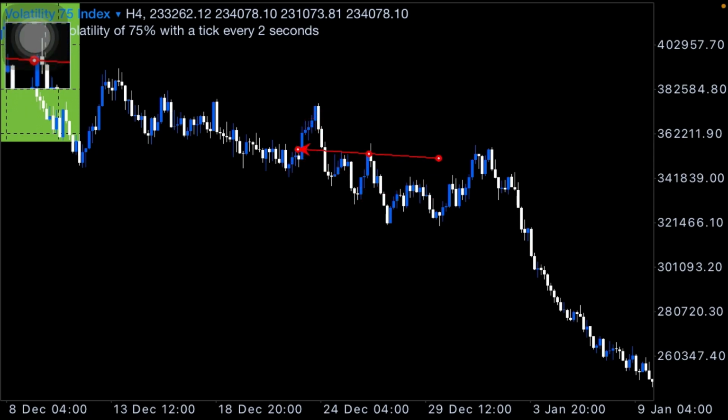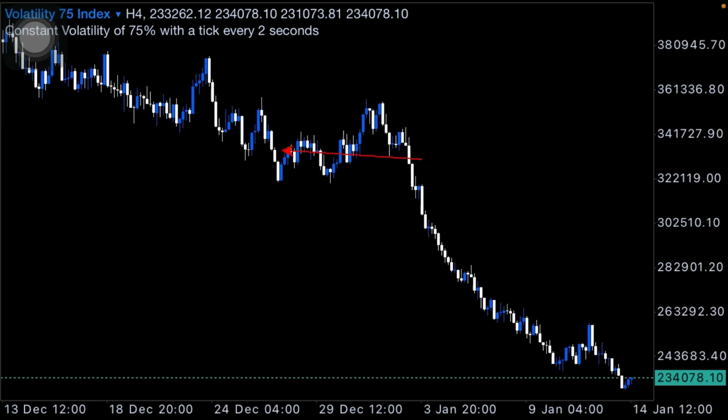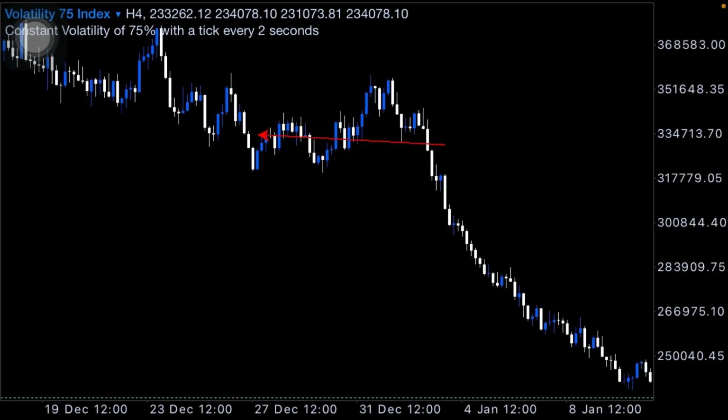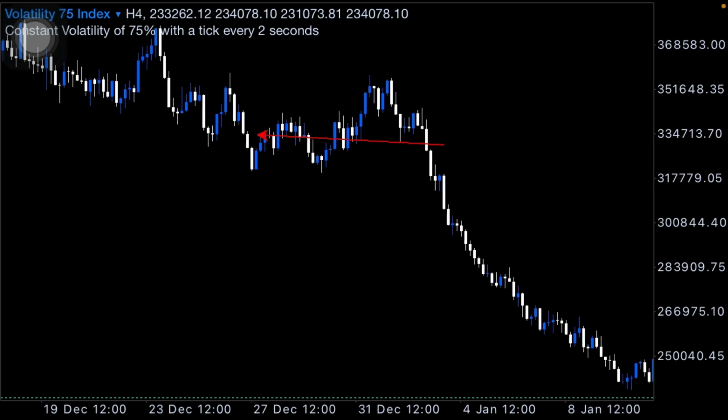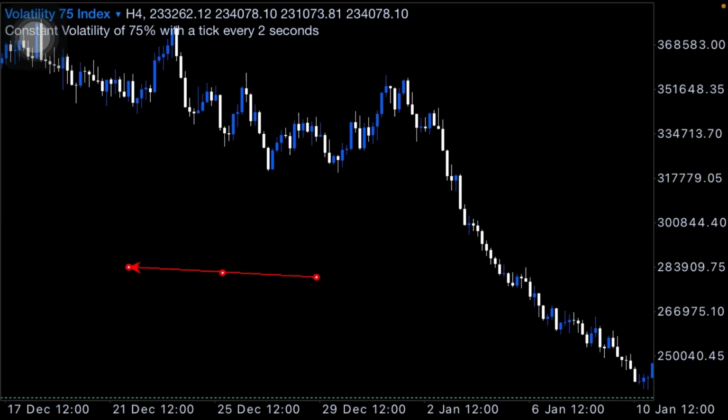So price created a low here, created a lower high, broke this low, created another lower high, created another lower high, then finally broke this low with efficiency, within an impulsive move. Bear in mind, an impulsive move is a steep move, a higher momentum move that occurred in the market. So after identifying this move right here,